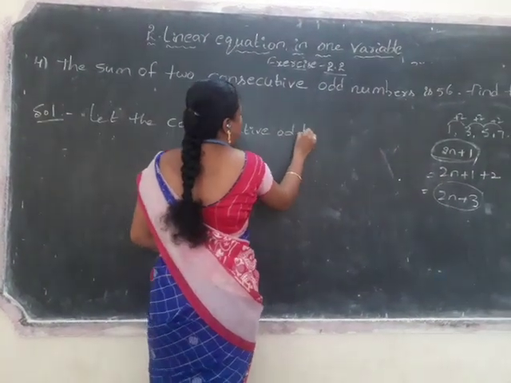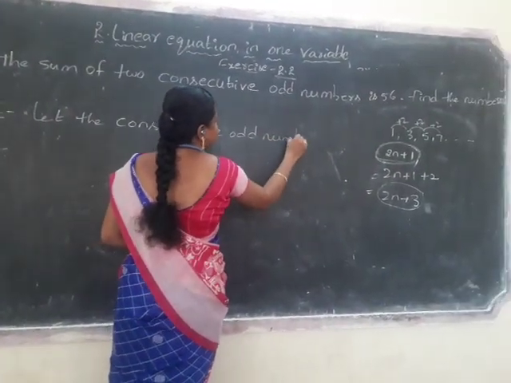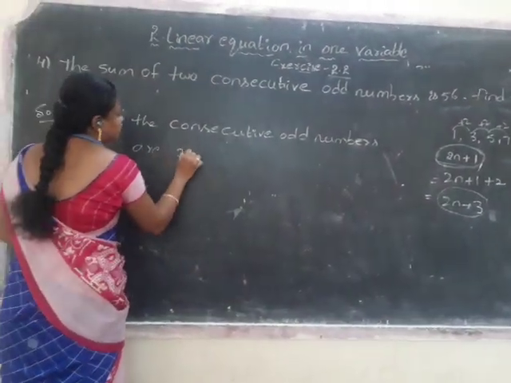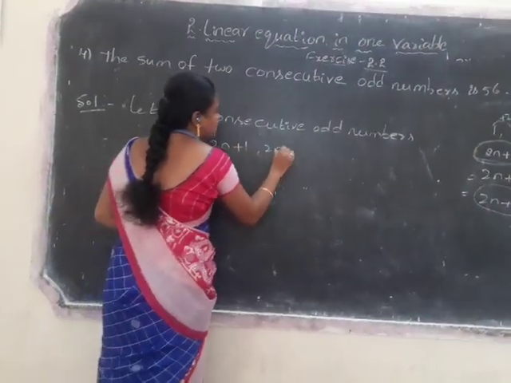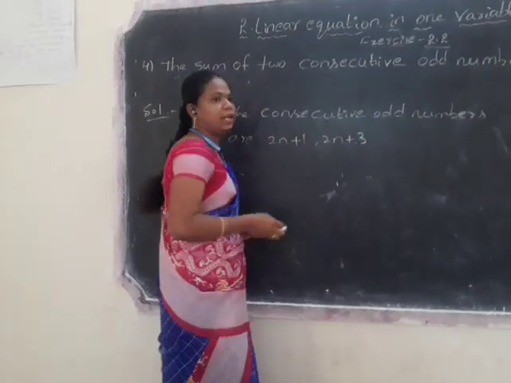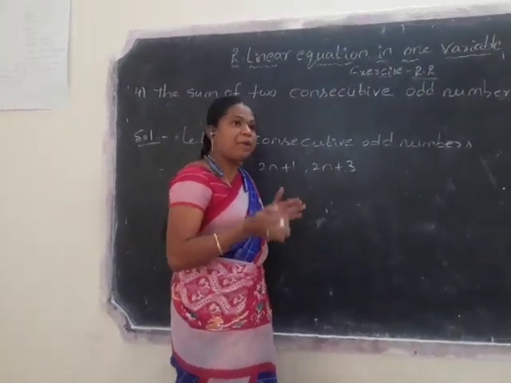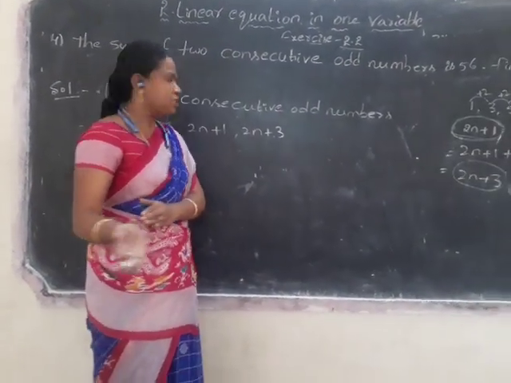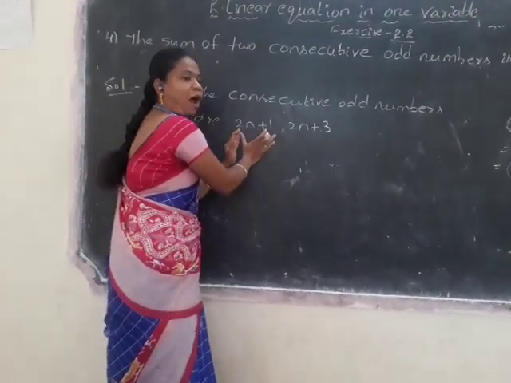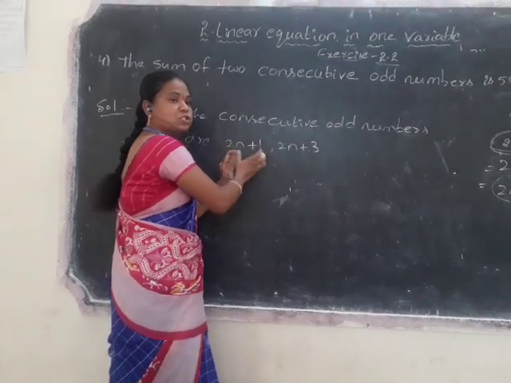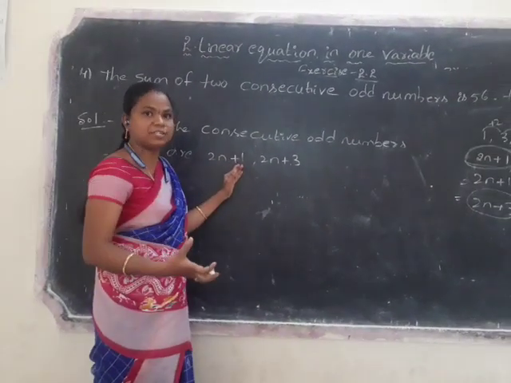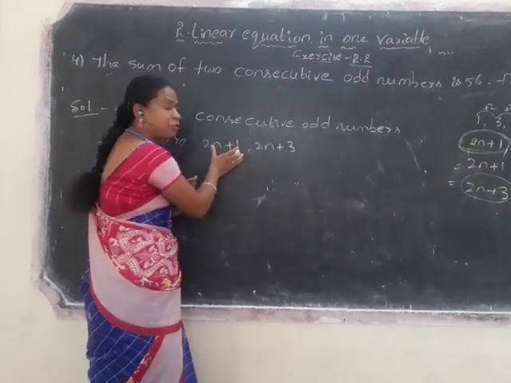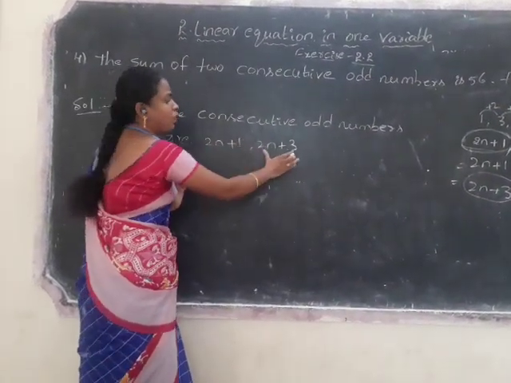consecutive odd numbers be 2n plus 1 and 2n plus 3. Here, to the before number we add 2 to get the next odd number. The general form of an odd number is 2n plus 1, so for the next consecutive odd number we add 2 to the before number. So we get 2n plus